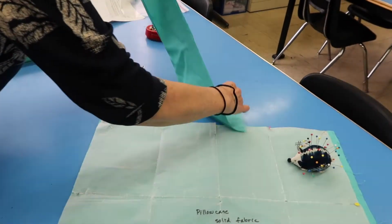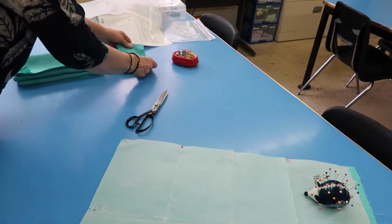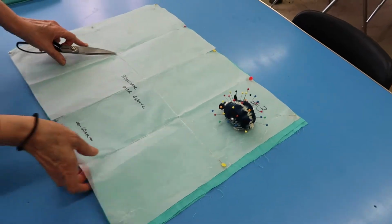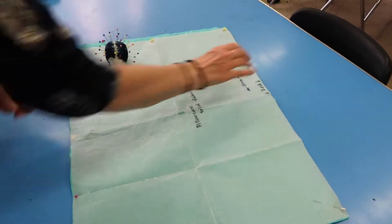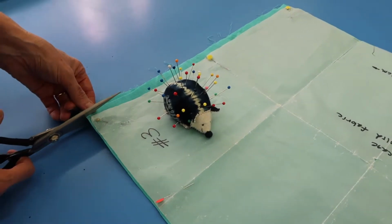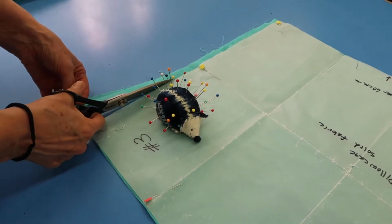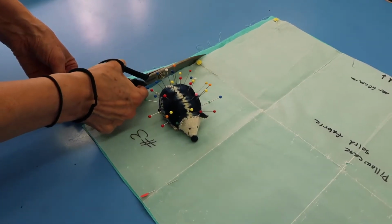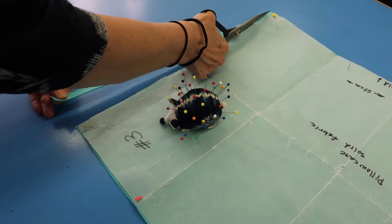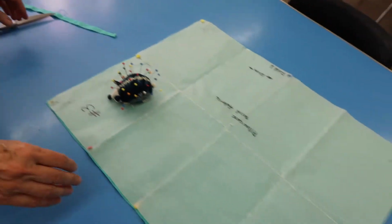This piece is also wide enough to be used for cushions, so we'll save that scrap for later. If you have a piece of fabric like this trim piece here that is less than 10 centimeters, that small piece of scrap fabric you can just throw away. But again, cut right next to the pattern